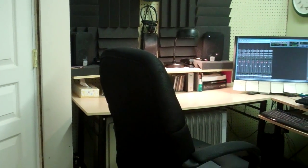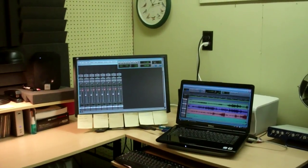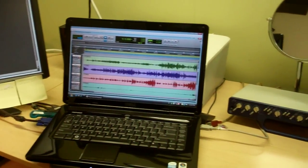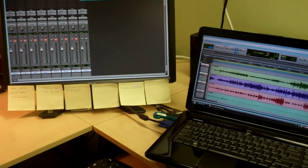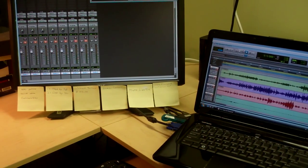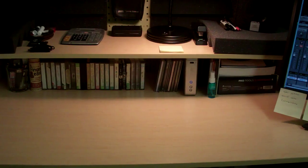Now you get a different angle on the control center, and I'll move in on that a little bit so you can see some detail about what's going on here. No, the chair's in the way. Here's obviously my laptop and my interface, and my monitor. I have them split. The big monitor contains the mixer section, and the waveforms that you see there in color, those are the actual tracks. All the little post-it notes are little things that I'm working on at the time that I don't want to forget. And I just got some tapes stored underneath and some CDs,